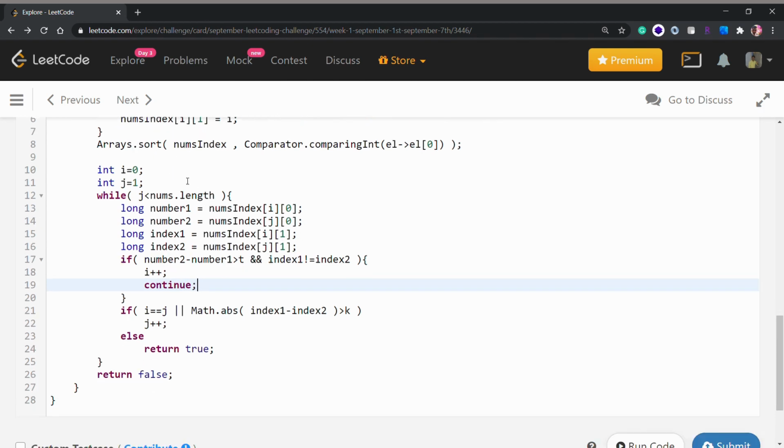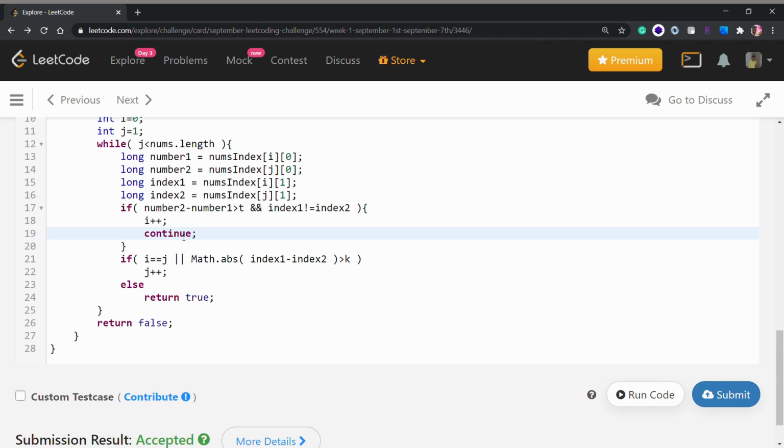and after our array is sorted we will use two pointers, i and j, where i will start from 0 and j will start from 1, and we are using four long variables to store our indexes and our numbers.